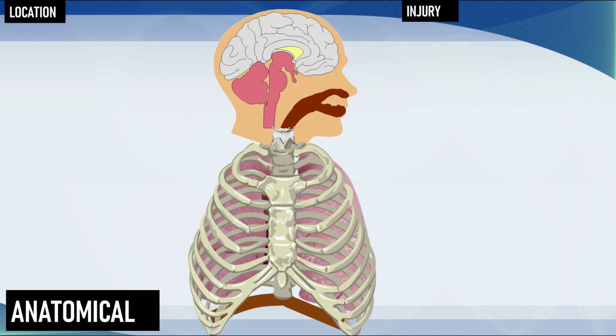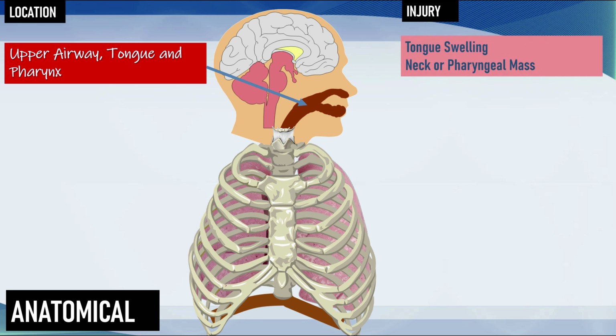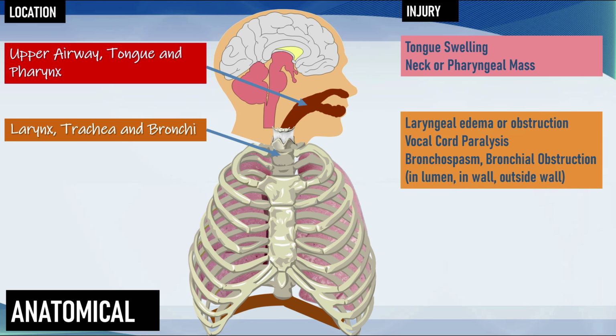When you look at the gross anatomy of the respiratory apparatus, there are many places where things can go wrong. Let's start with the mouth. There can be a problem with the upper airway, tongue, or pharynx. For example, a tongue swelling or a neck or pharyngeal mass. There can be a problem at the level of the larynx, trachea, or bronchi: laryngeal edema or obstruction, vocal cord paralysis, bronchospasm, bronchial obstruction. And if there is bronchial obstruction, it can be in the lumen, in the wall, or outside the wall,